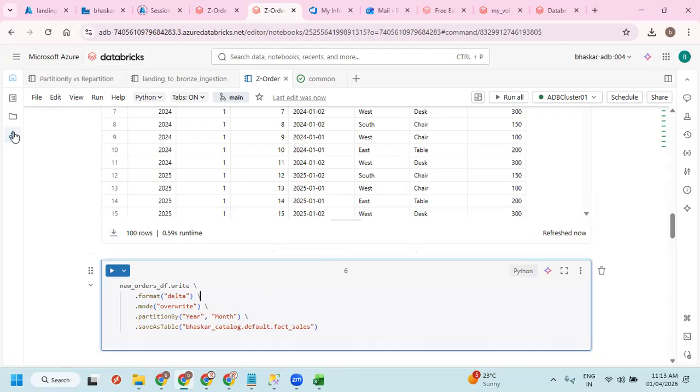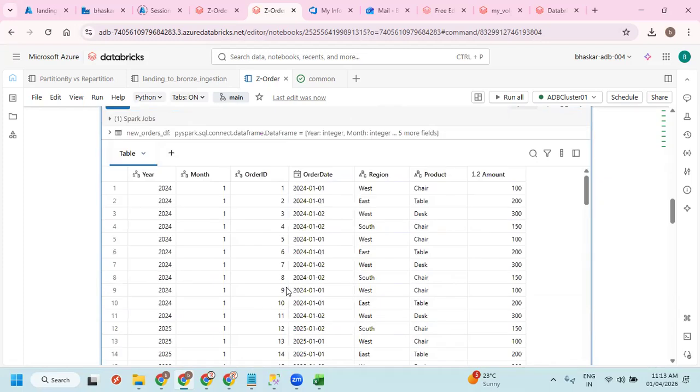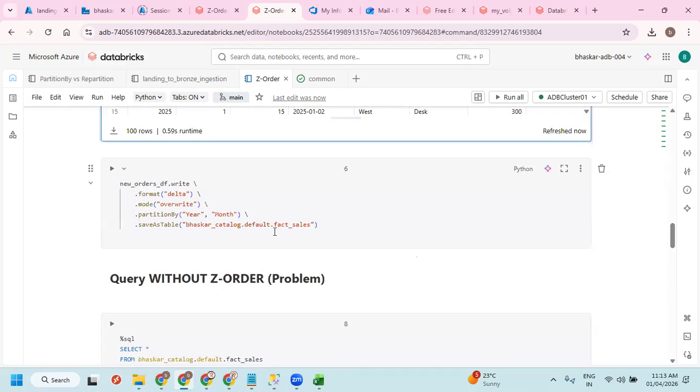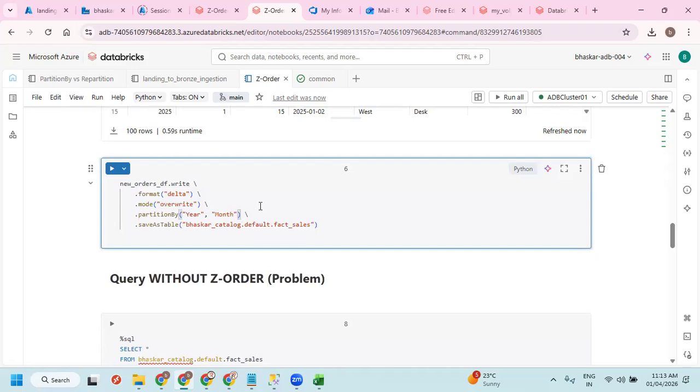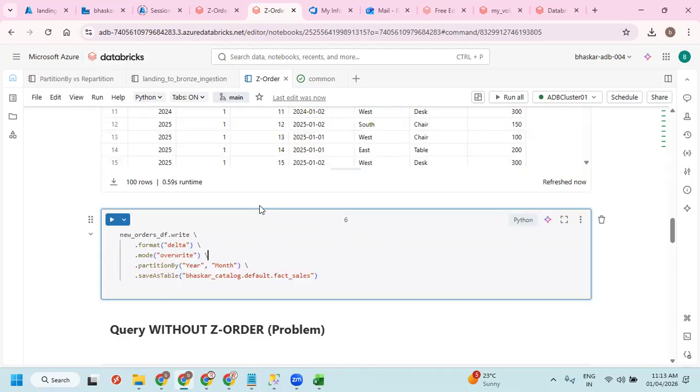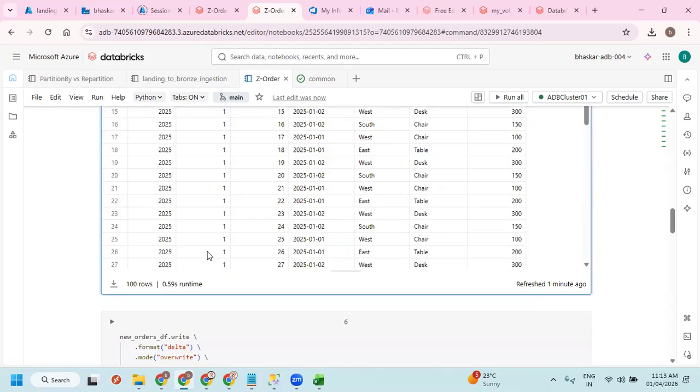Okay, then I have a Unity catalog here. Okay, so if I write this with this file, there is not much difference. You can find it here because we are just using the partition by. And here is also partition by. Let me create it as a table so that you can see a little more in detail. Let me run this first. It is going to create a folder inside this. This is not required if I'm correct.